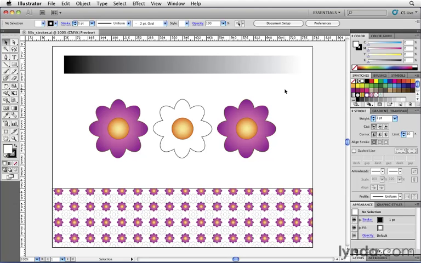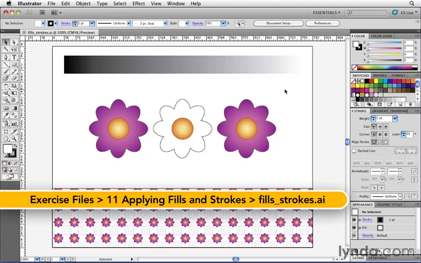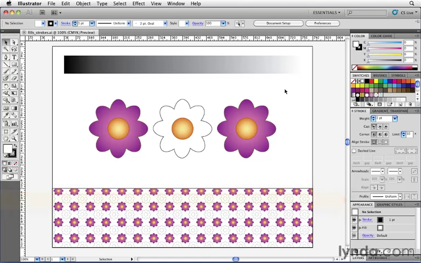Let's take a moment to talk about fills inside of Illustrator. Now we've already had some experience in applying the first type of fill, a solid color. We know there are three kinds of solid colors that we can apply inside of Illustrator: a process color, a global process color, or a spot color. Let's now take a look at the second kind of fill that you can apply inside of Illustrator, something called